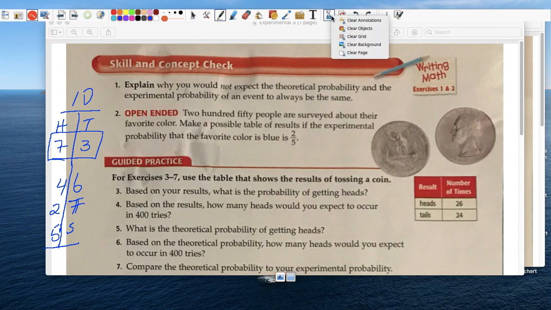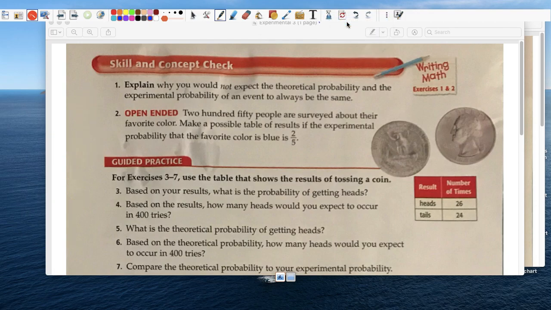So explain why you would not expect the theoretical probability and the experimental probability of an event to always be the same. We did a little experiment in class where the results were as we expected. Actually, because we did such a considerably high number of trials, the experimental approached the theoretical. Now, if you think about it, if you don't do a high number of experiments, so let's say you did